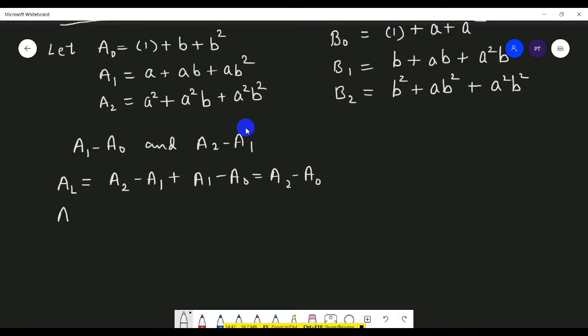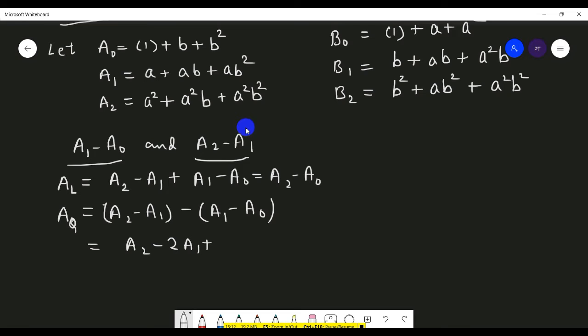The quadratic effect associated with main effect of factor A I denote by A subscript capital Q, and it is the difference between these two effects. So it is A2 minus A1 minus A1 minus A0,